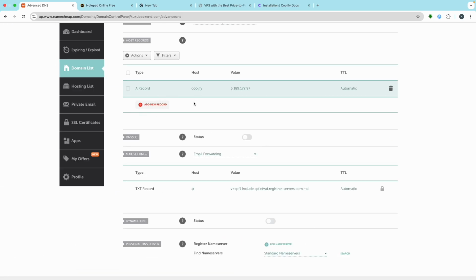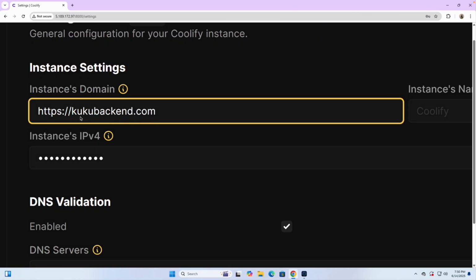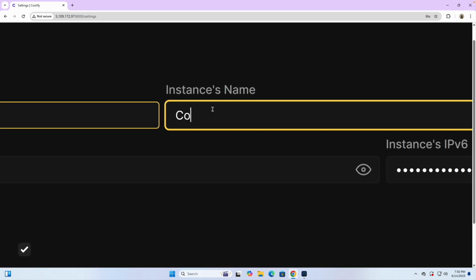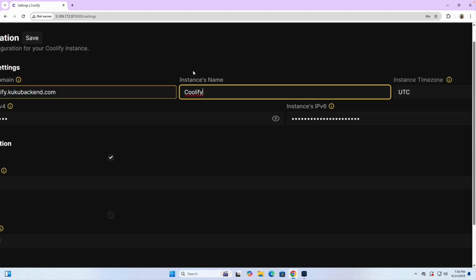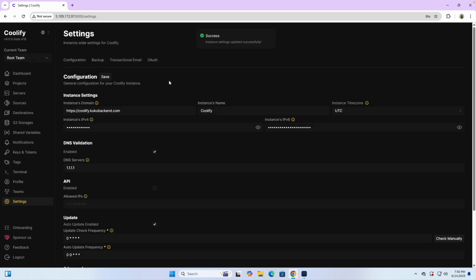By the way, it takes a few minutes to set it. So I will also write this same one here, coolify.yourdomainname with https, and you can name it whatever you want. Let's say Coolify like this. Save it up. And by the way, you can also set your time zone if you want to. And now if you try to open this link in your browser,